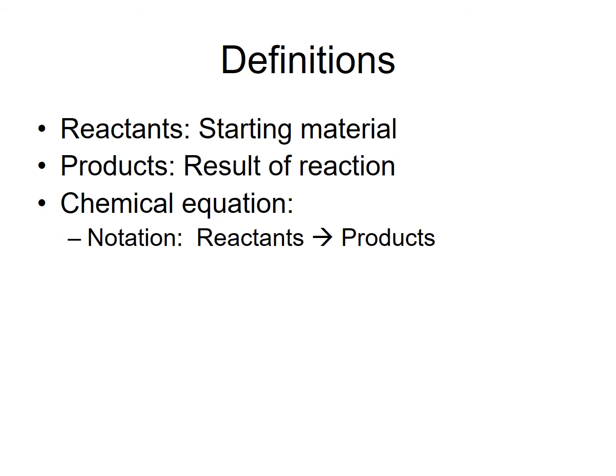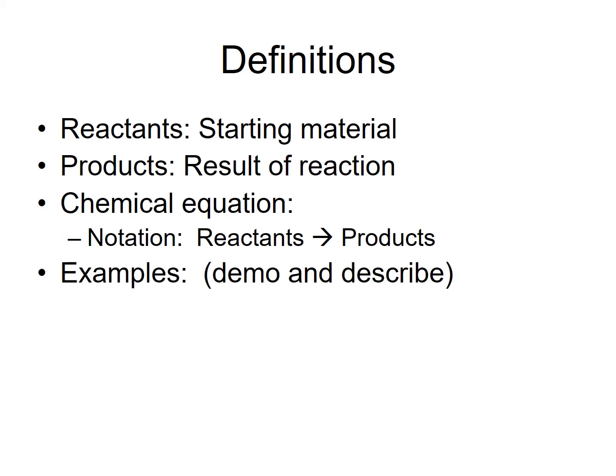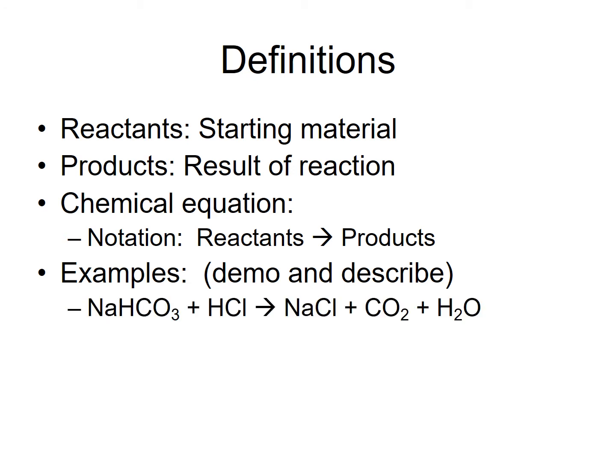Chemical notation is to write chemical formulas for the reactants, followed by an arrow, and then chemical formulas of the products. So here are some examples, and if I were doing this live, these are things I would be able to show you, and I can show you at some point these reactions, but I'll show you how they're written. This one would be